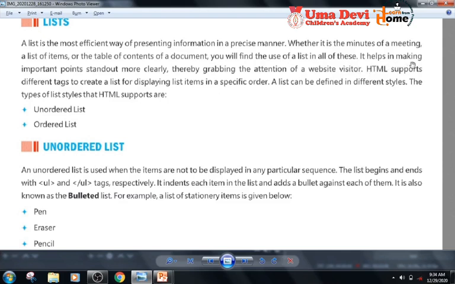It helps in making important points stand out more clearly, thereby grabbing the attention of a website visitor. HTML supports different tags to create a list for displaying list items in a specific order. A list can be defined in different styles. The types of list styles that HTML supports are unordered list and ordered list.